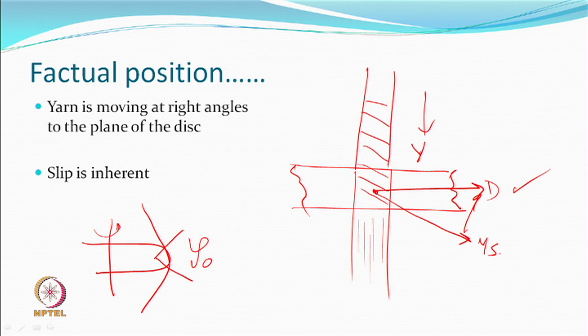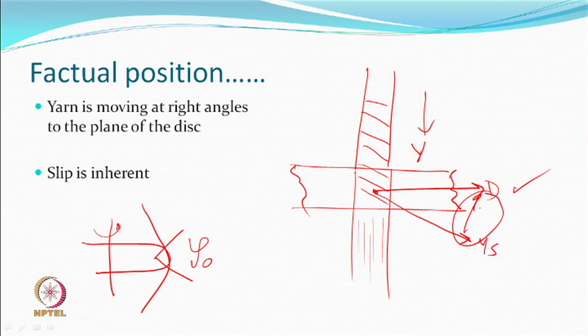The slip is because the difference is there, and when can that change? It can only change, at least in this respect, when the motion of the surface of the yarn is in the same direction as the motion of the disc surface. If that happens, then you can expect a change to take place, that this difference in the vector you want